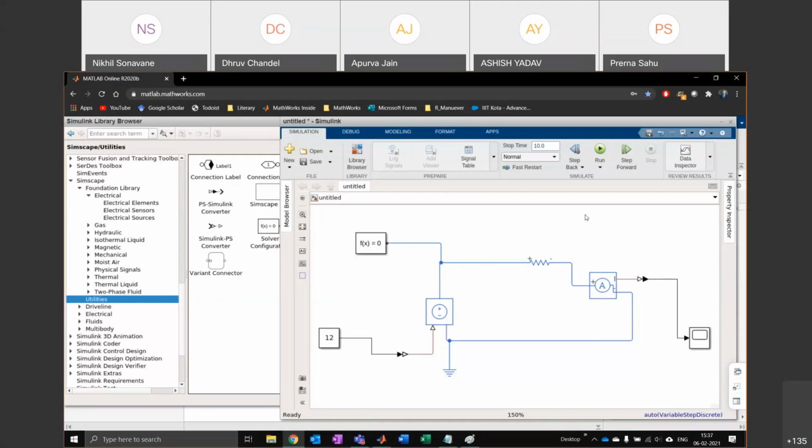Okay, great. So that's basically all there is to it with Simscape, especially Simscape Electrical.